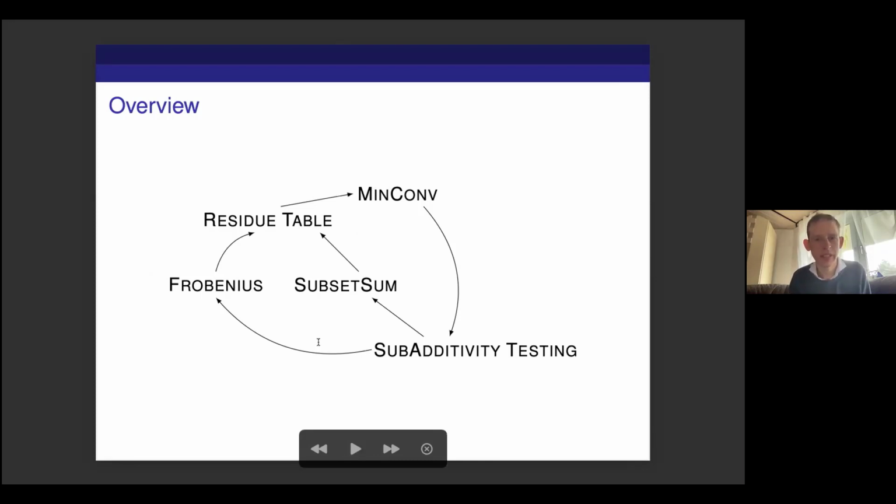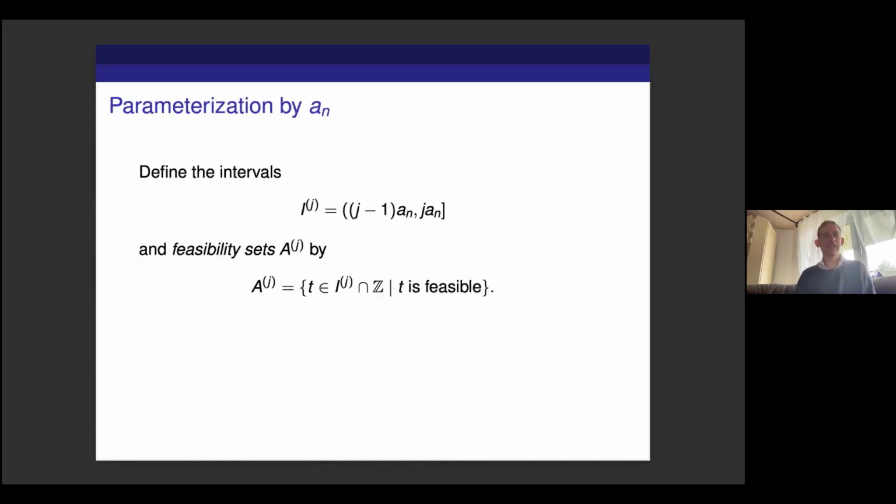in each other. And what I did not show you is that the subadditivity testing can be solved by using the subset sum problem or the Frobenius problem. And this arrow was already known by the paper of Sügen and others. Okay, but this whole thing gives you the equivalence of all problems. Okay, so let me just tell you what we know for the parameterization by AN. So then we